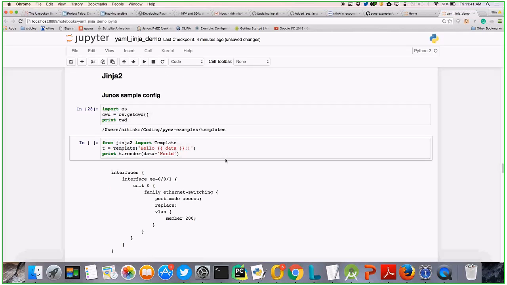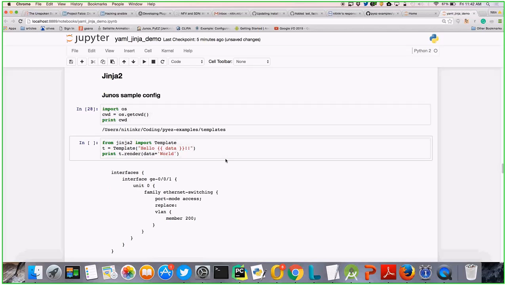I have a few templates which I have kept in this folder. That's why I'm just taking that working directory. So this is your easiest template. For Python, you have the Jinja2 template. Again, you need to do pip install jinja2, and you'll get the Jinja2 module. Import jinja2, or from jinja2 import Template. These are just the Python syntax, the way to import a template. So you can import jinja2 and then use jinja2.Template, or you can do from jinja2 import Template and then do Template.